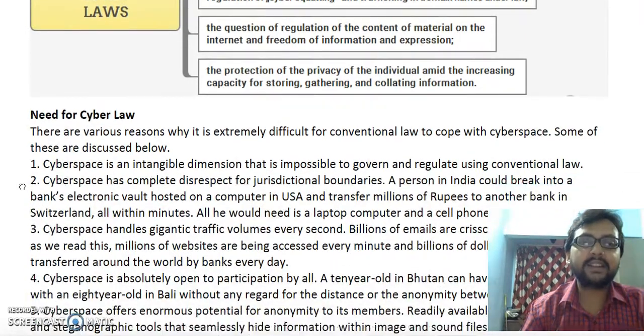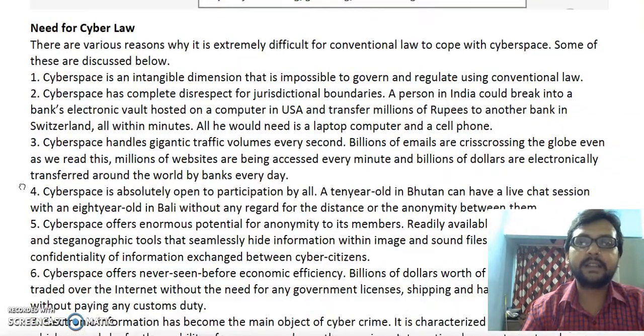Now, why do we need cyber law? As we have already discussed what the scope is, now we are going to discuss what the need is in today's era for cyber law. As we know, cyberspace is always increasing. We use social networking sites like Facebook, Twitter, and chatting websites and chatting apps. So basically, whenever we indulge in such things,